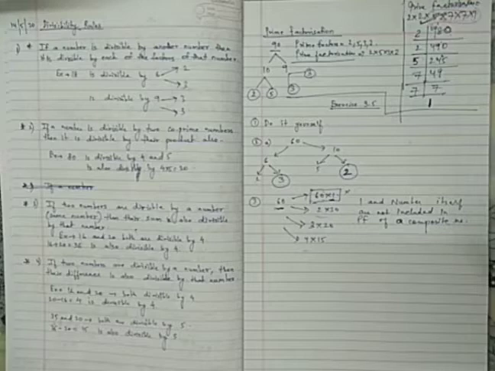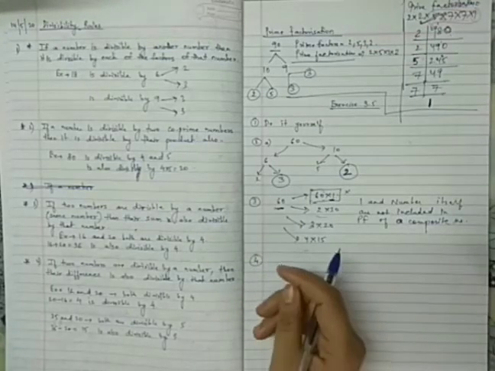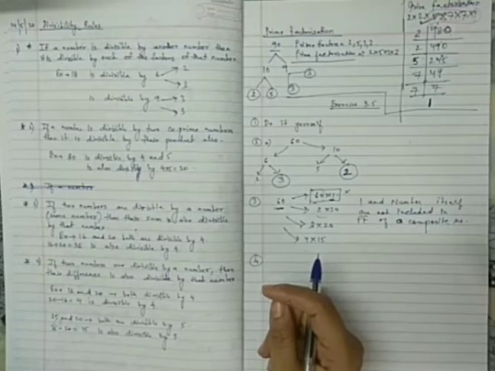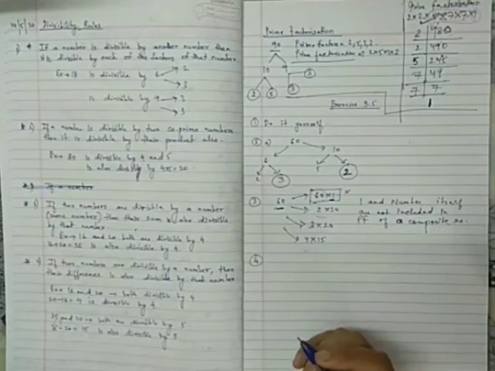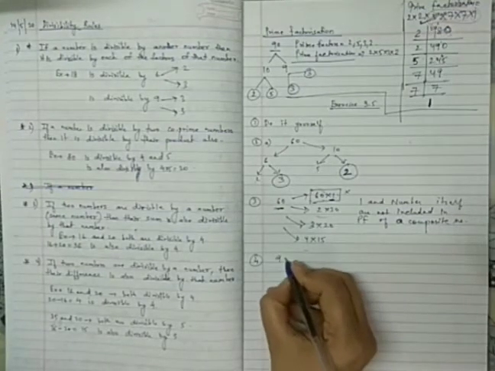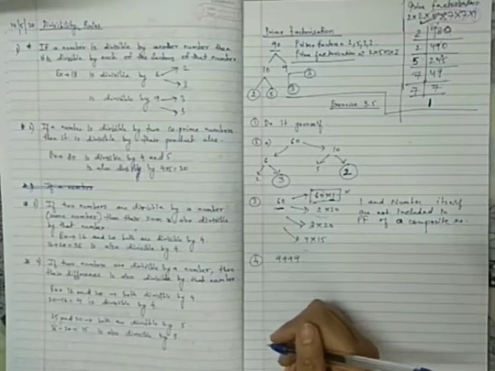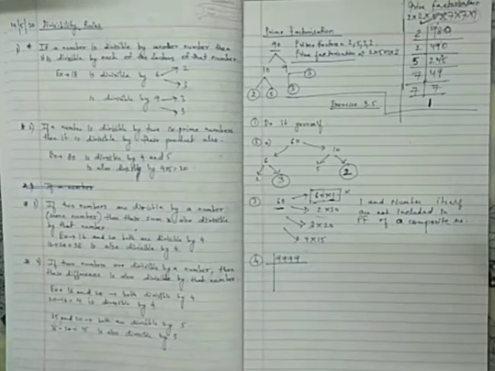Okay. So now coming to question number 4. Question number 4 is, write the greatest 4-digit number and express it in terms of prime factors. Now the greatest 4-digit number will be 9 four times. Now we have to find the prime factors. Let us start, because this is a big number. We will start like this.